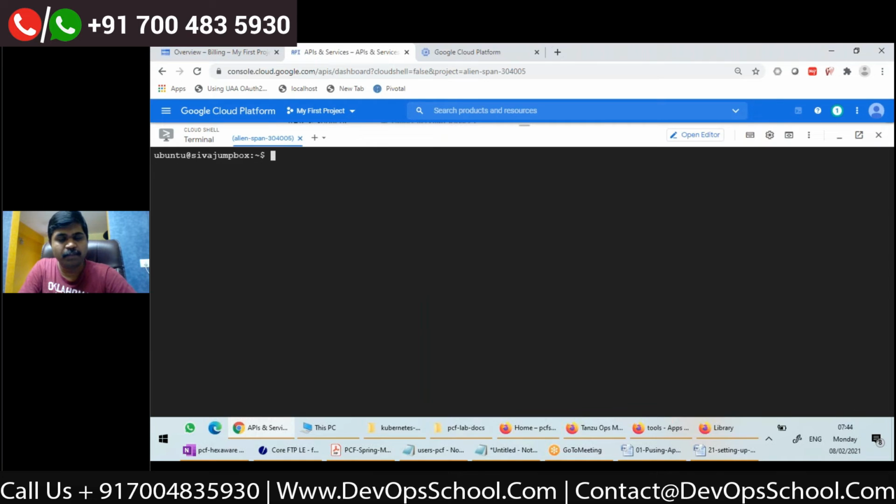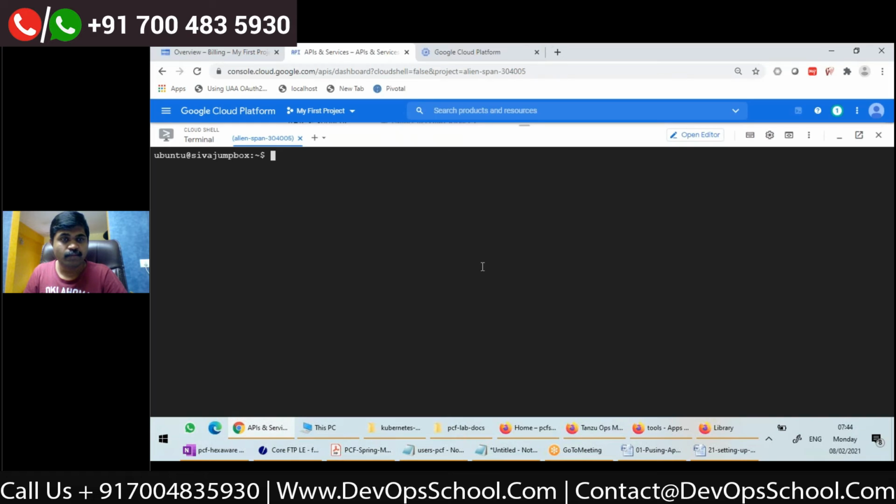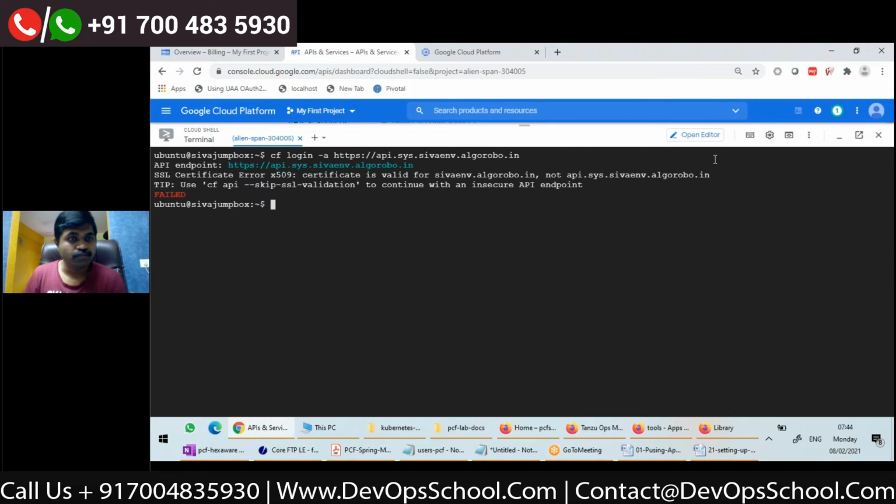So now I am in CF CLI. I have installed the CF CLI and now I have to log in. So I will go to this one and I'll copy this URL command. So cf login -a. Now let us see whether it will log in or not. Oh, it is giving an error. SSL certificate error. Certificate is valid, not for this. It's saying use skip SSL validation.